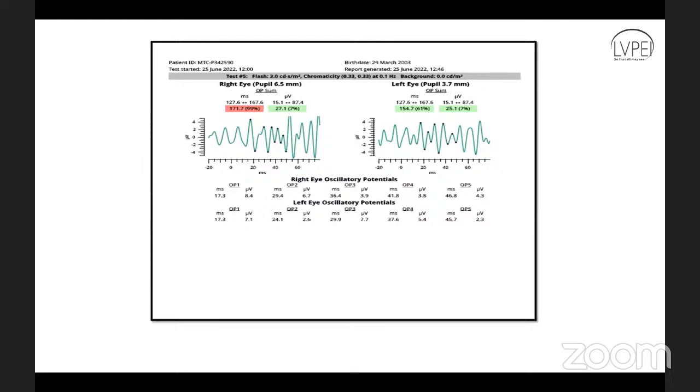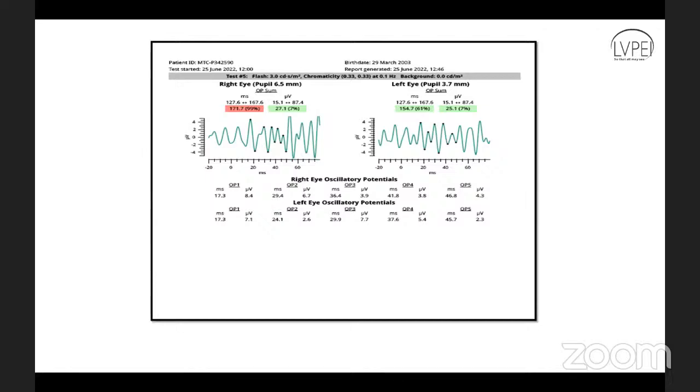For the audience, we are discussing ERG, and these are difficult investigations to interpret. The graphs that we are seeing right now are full-field ERG. Full-field ERG assesses the global retinal function. So in Stargardt disease, what happens? Stargardt disease is a localized disease to start with. As I told, it primarily or initially involves the macula. That is why in full-field ERG, you may not get any changes in the early stage of the disease, because full-field ERG assesses the global function. Where the disease is localized to the macula, you may not get any full-field ERG changes.